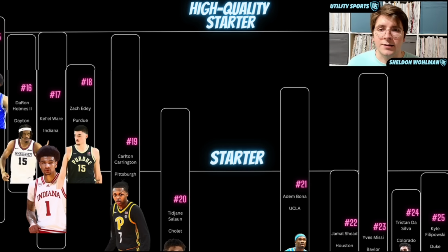Kel'el Ware, I think more versatility defensively. You can play him a little bit higher at the level of the screen. You can do a bunch of different things with him, but then offensively, it really just stems from his ability to catch, make plays around the rim. He's coordinated enough as a finisher. I think just an impressive prospect with his overall collection of touch, athleticism, and some of the shooting upside that he has pointed to. And then DaRon Holmes II, talking about shooting upside, he shot over 83s this past year